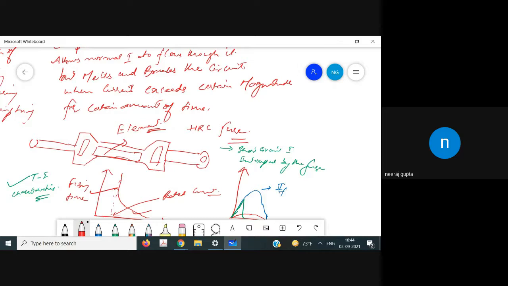Now, the current must be large enough as per our determined value, and it will lead to the fuse element melting before the steady state, and it will break the circuit. And sometimes what happens when the fuse melts, arcing would be there.